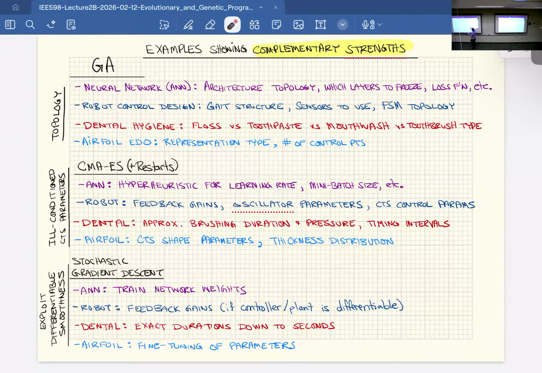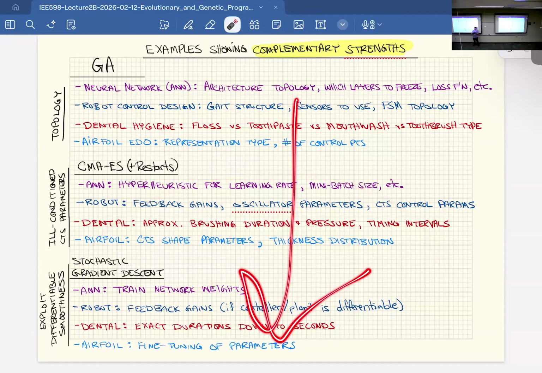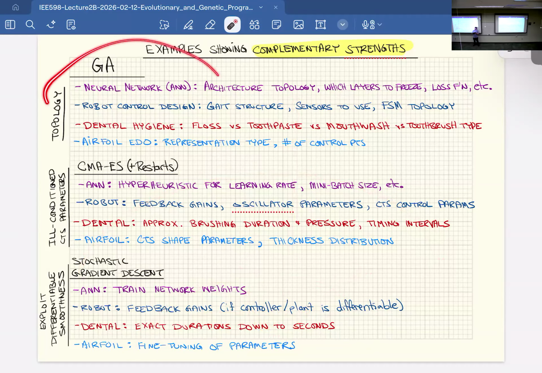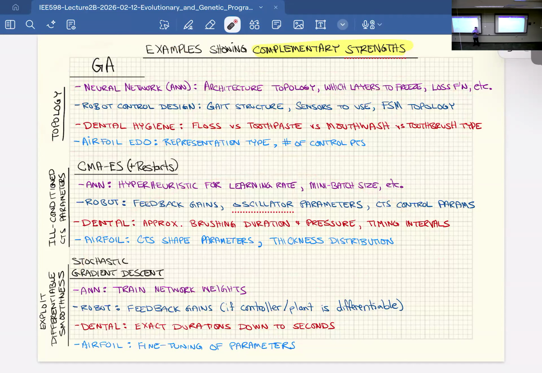Yeah, well, you can think about, you've got the SGD in the bottom and you're building on top of it. Or you can think of the order going in the other direction, where I have no idea what a solution might look like, and the GA searches over a huge number of possibilities. Then once I see what a solution might look like, I come up with a specialized version of that that's appropriate for application here.